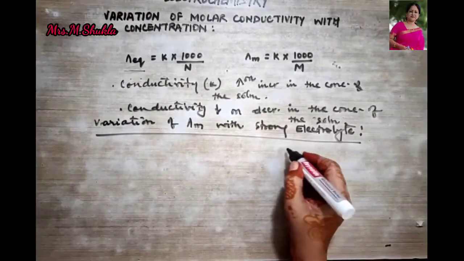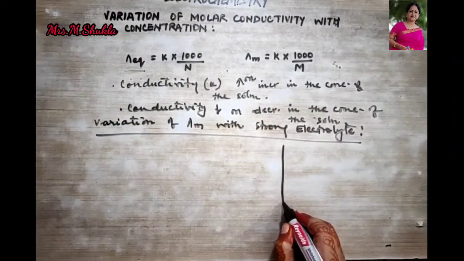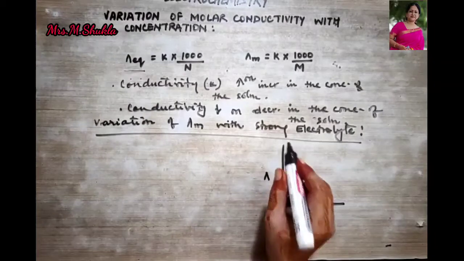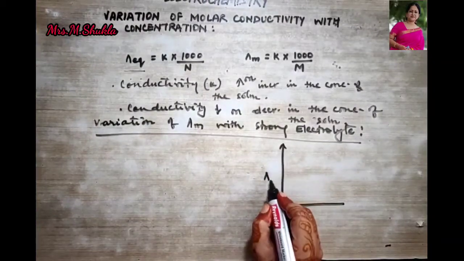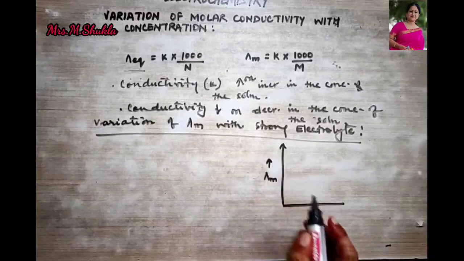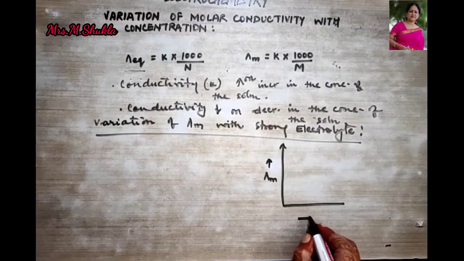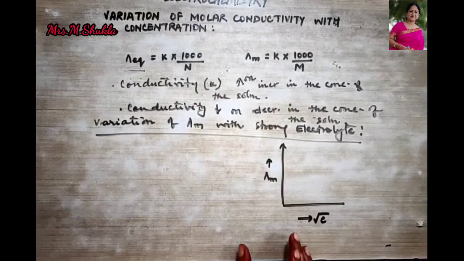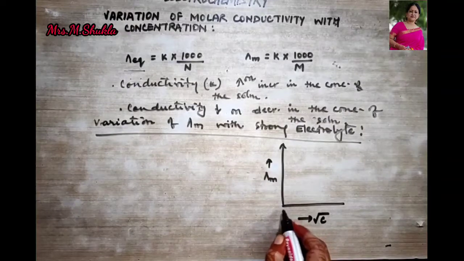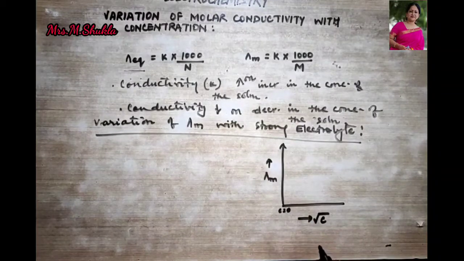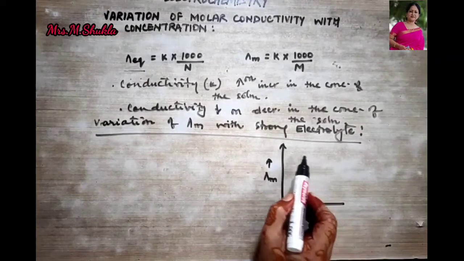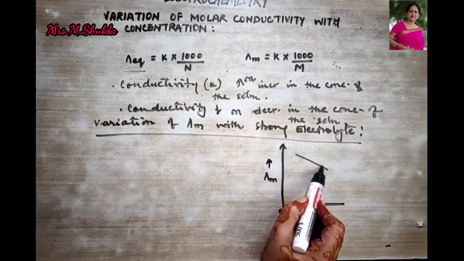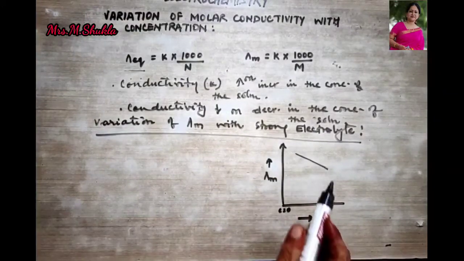By first understanding a graph. Okay, so I'm drawing a rough graph over here. Try to understand. On the y-axis, we take the molar conductivity, right? And on the x-axis we take the concentration. Clear? Now remember, this is 0. The concentration over here is 0, right? So we are going to obtain a straight line over here. Now why are we going to obtain a straight line?